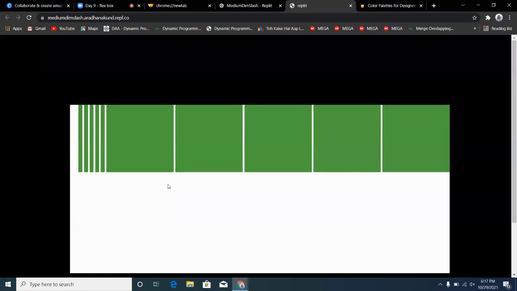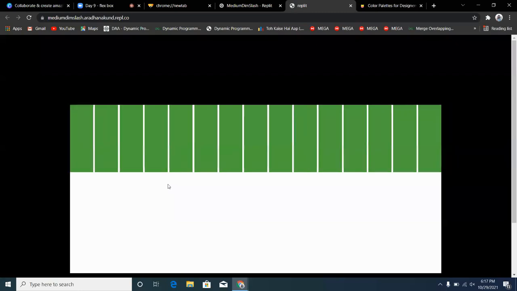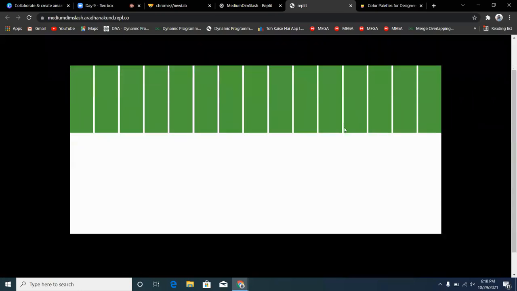Okay, now if I go over here and refresh it, then you can see that unlike the inline block, here all the elements have squeezed themselves to fit inside this particular parent division. There, an overflow was happening.